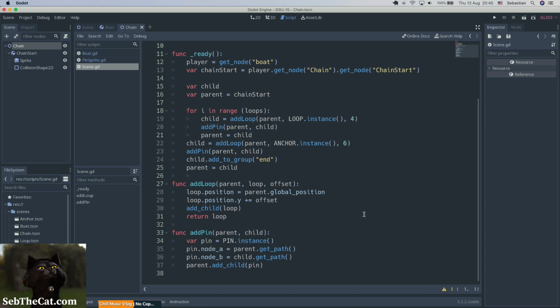Root position. Oh, okay. So like each link is actually a child. Okay, well,